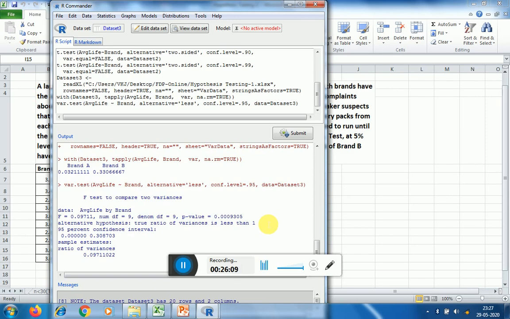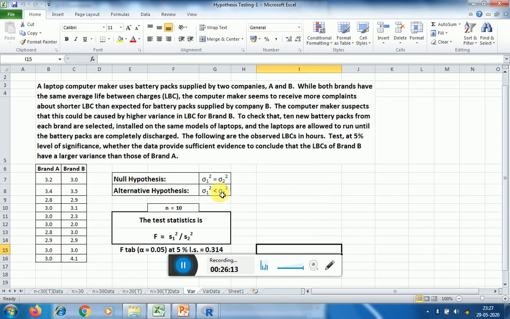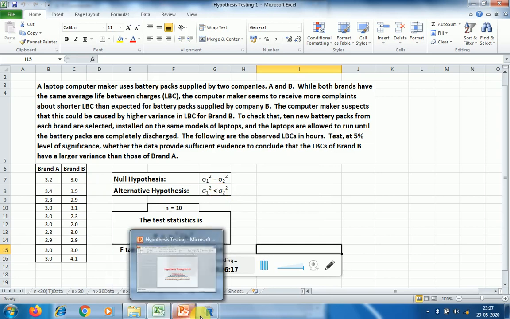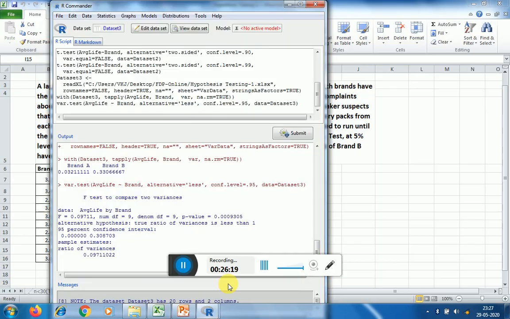So this is how, whatever hypothesis we have taken here, the alternative hypothesis is accepted, and that too at 5% level of significance. Now if I compare this value even with 0.01, this value is significantly lesser than 0.01.